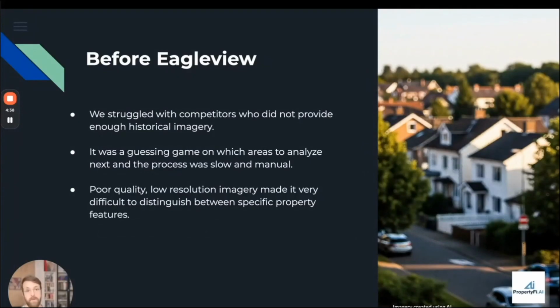We couldn't go on the drone route because we wouldn't be able to scale with that. Obviously, drones is very property by property or neighborhood by neighborhood. It's difficult to get that across entire cities, states, or certainly nationwide. And then satellite imagery was not high enough resolution, obviously, to be able to do what we need to do,